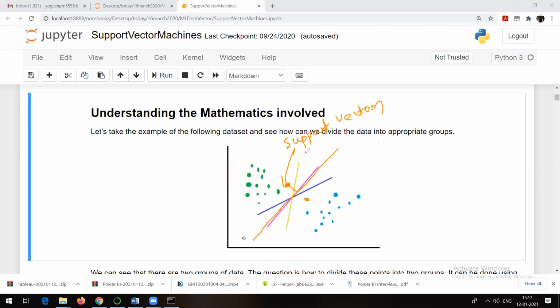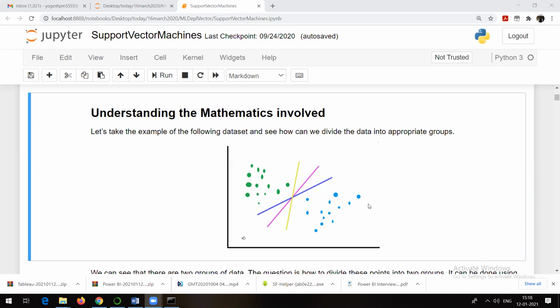Right? Support vectors are the points from the hyperplane whose distance is as maximum as possible. And they are the points which are nearer, as compared to other points, to the hyperplane. So this is the basic idea behind support vector machine. I hope you have got the basic idea of how you are going to choose the hyperplane.